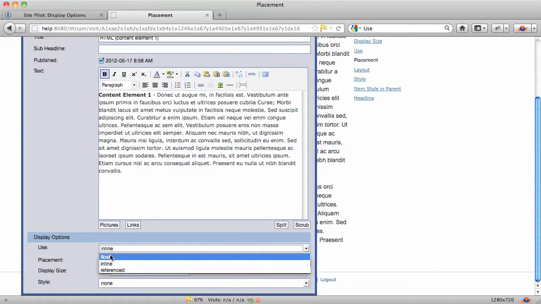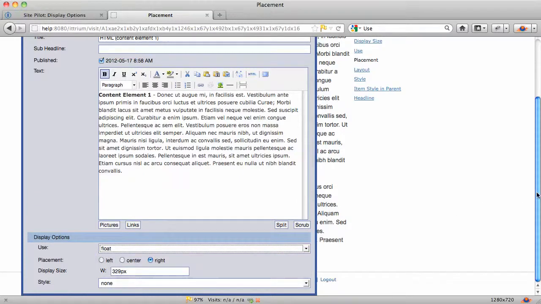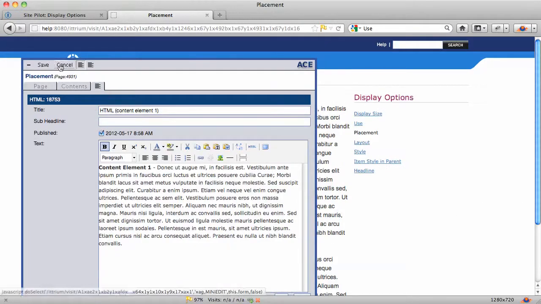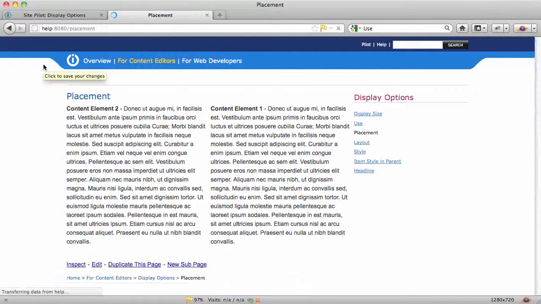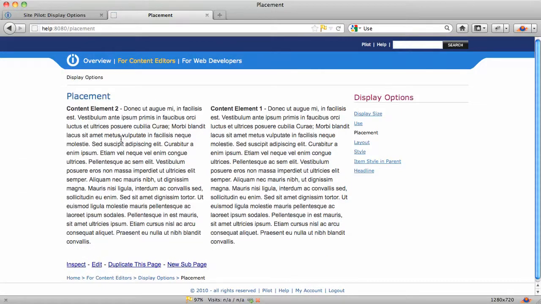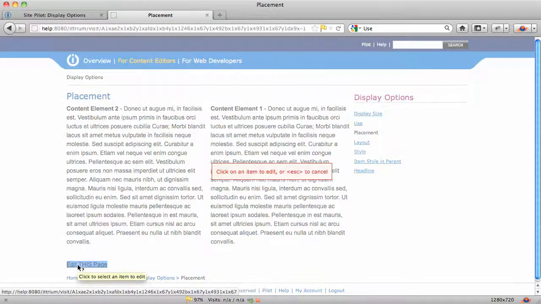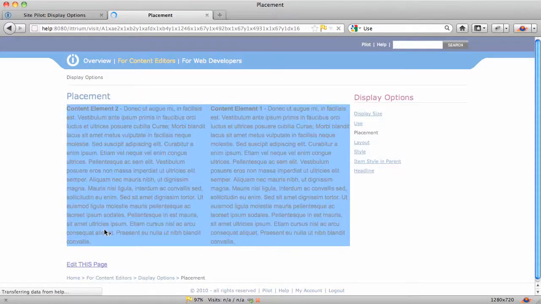Okay, so floating objects always float left or right of the element that follows it. Alright, so when I save it, now you'll see that this element is floating to the right of this element. And if this element had maybe another paragraph of text, say we edit this, just to help you fully understand that,